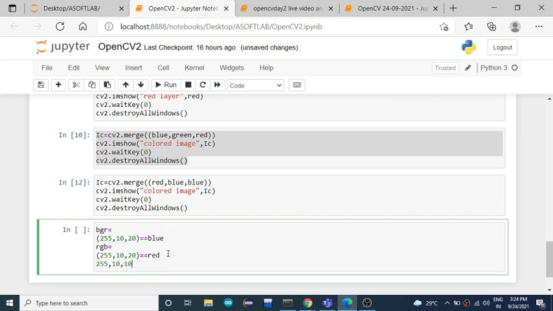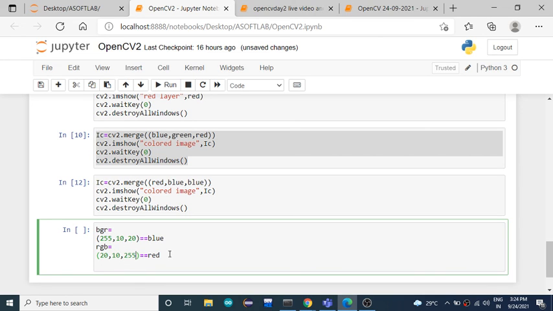The blue channel will be repeated. It's not like this, it's like 20 and 255. So the combination of this color will be different, right?